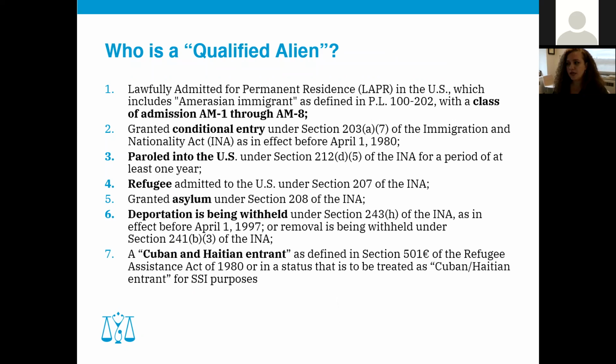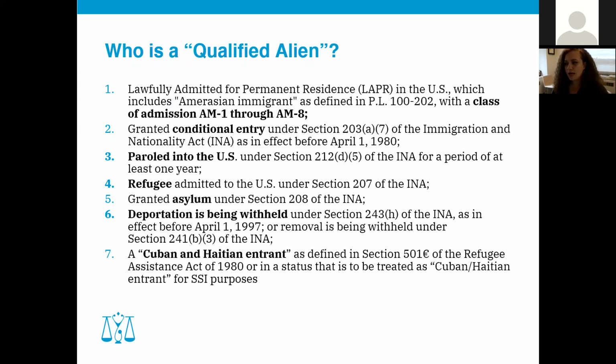So these are the 7 categories of a qualified alien, and this slide is a bit dense, but I wanted to make sure that we can see exactly what is listed under those categories. Basically, these are people who are conditional entrants, are paroled into the United States, are refugees, or were granted